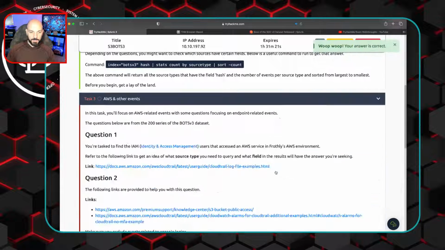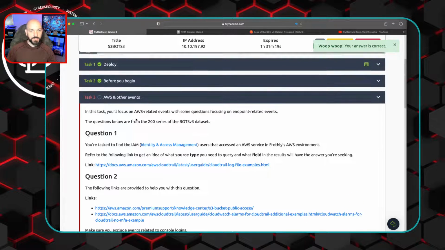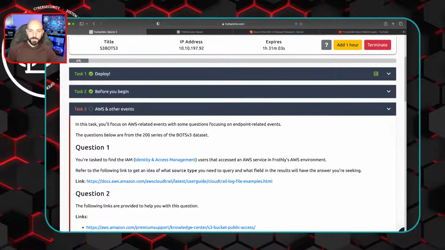So now let's jump into this and see what they have to say. In this task, we will focus on AWS related events with some questions focusing on endpoint related events. The questions below are from the 200 series Boss of the SOC version 3 dataset. If you ever want to go and check those things out, I believe they put in a link back up